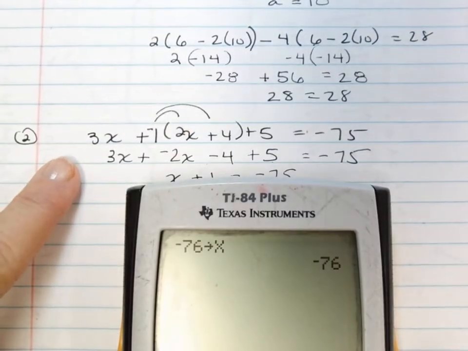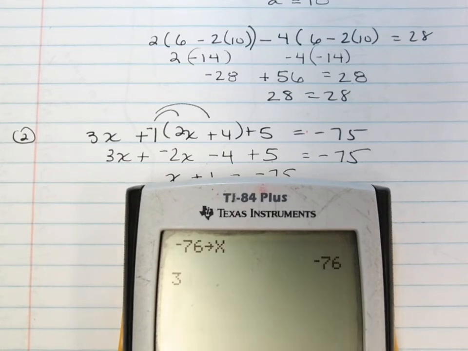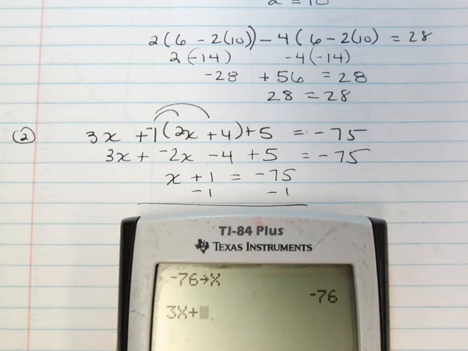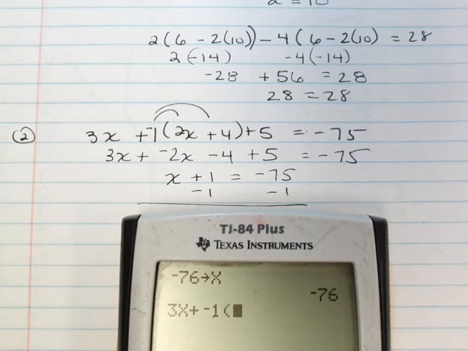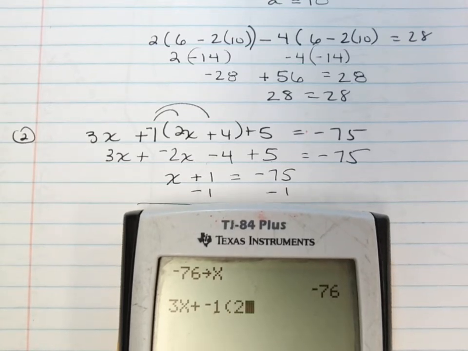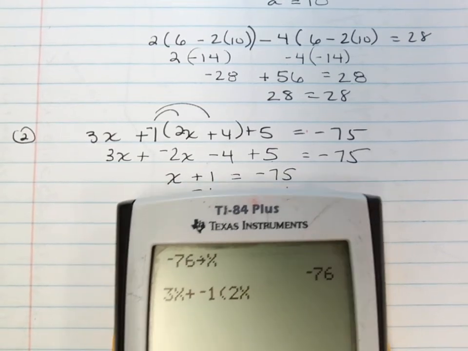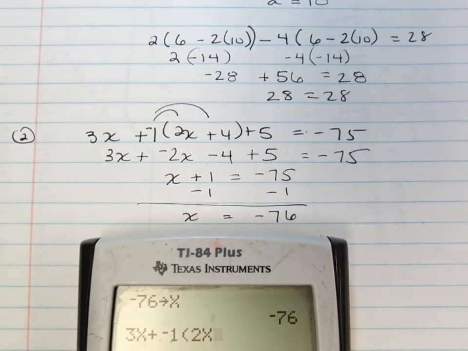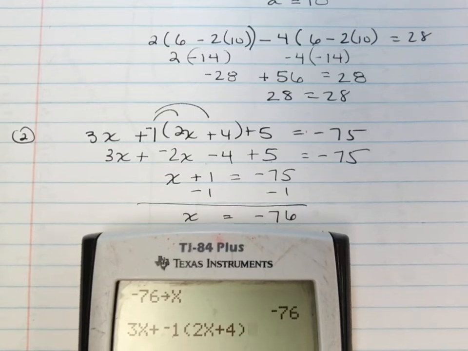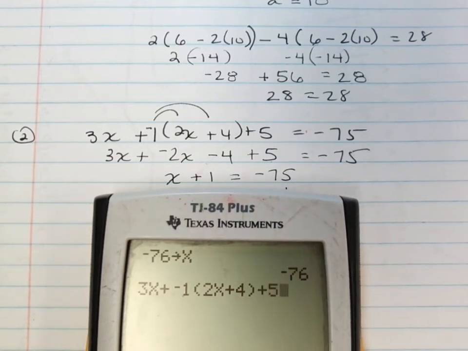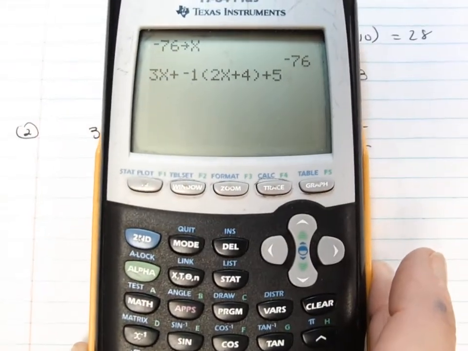And I'm going to re-enter my original problem. So 3, and then remember to get that x, I'm going to hit the alpha, and then for me it's going to be the STO key, plus, whoops, wait a minute. Yeah, let's try this. Negative 1, parenthesis, and then I've got 2 alpha x plus 4 parenthesis plus 5. So I put in that whole left side of the equation,